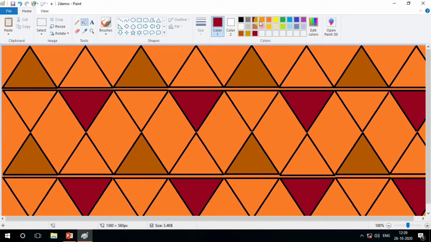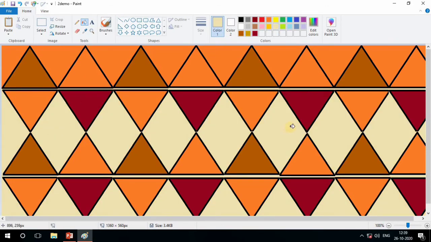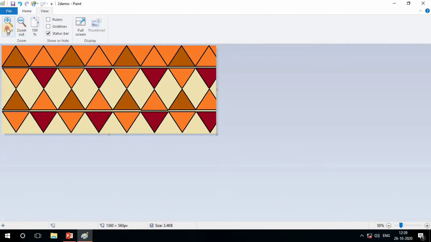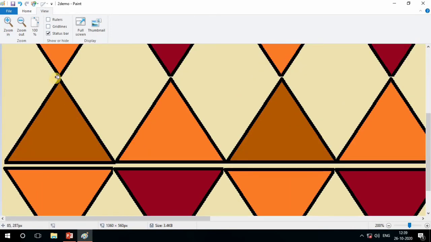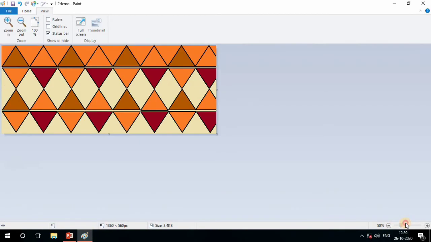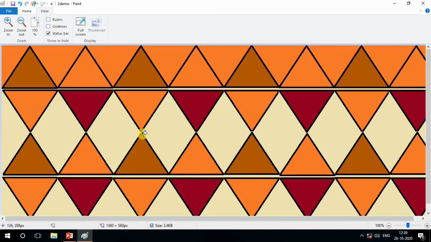Now see, choose a different shade. See, by filling here, the whole picture changes. Why? Because you can see here, I will zoom into the picture from the view. So you can see here the edges are not completely filled. Yes, the edges are not completely filled here. So first of all we have to fill the edges. Then and only then can we change the picture shade.